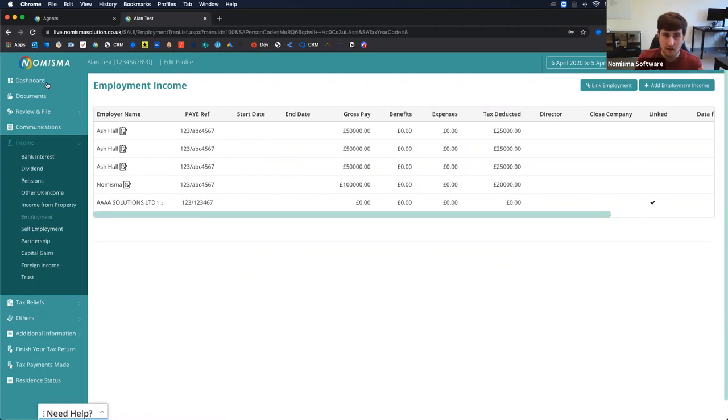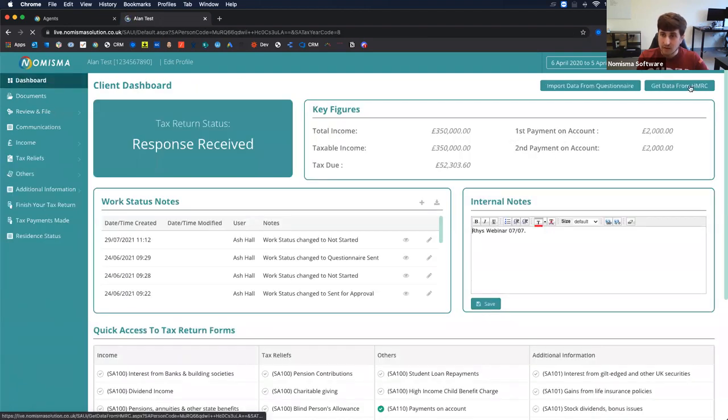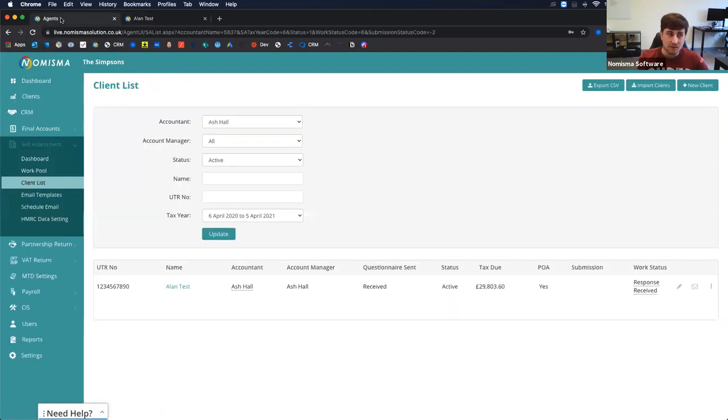Okay. So in addition to being able to send the questionnaire and link payroll to Nomisma, you can also get data directly from HMRC. So in the top right-hand corner, just to the right of import data from questionnaire, you've got this get data from HMRC. So that doesn't work by default. There is a setup process to that. And you can do that by going to the agent screens and then selecting